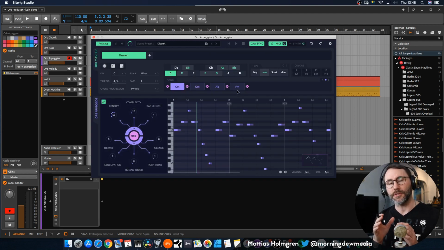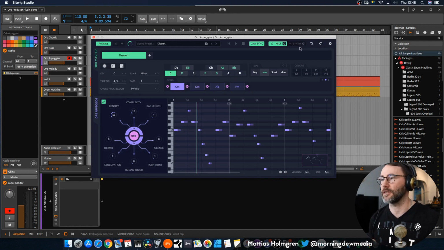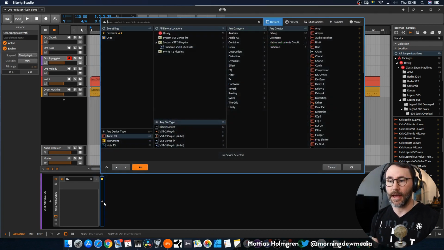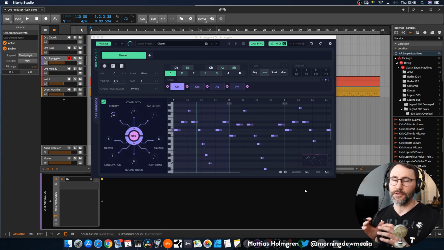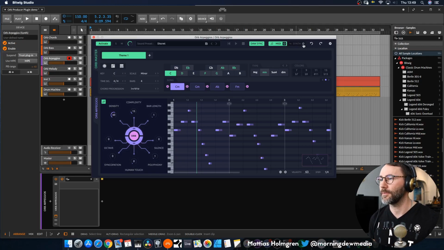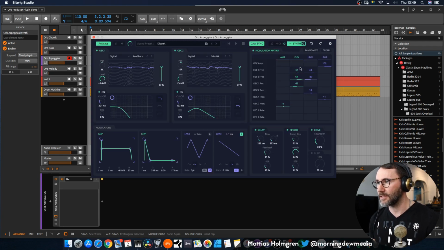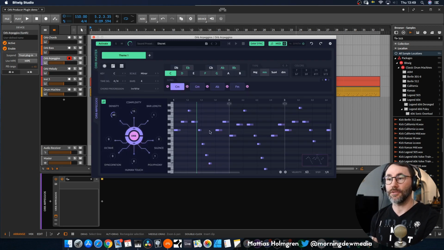But if you want to use a synth after this, the Orb Producer, you can always just turn off the internal synth engine of Orb Producer and add some other synthesizer after. So you can basically add your own synths after Orb Producer. But in this example, we will use the internal synth engine of Orb Producer. So let's activate that again and listen back to this arpeggio.